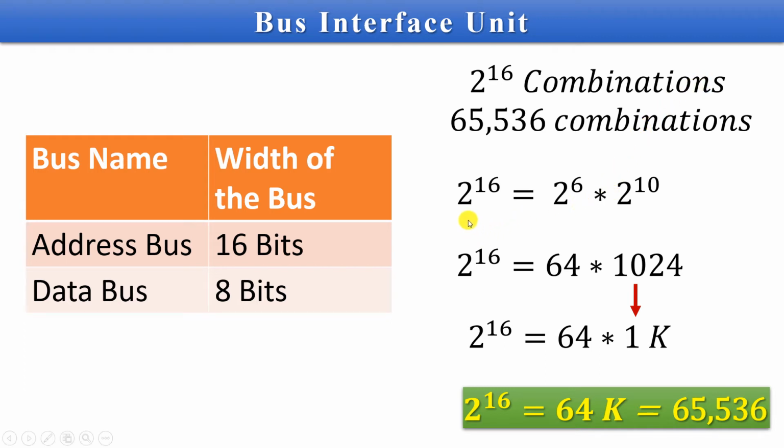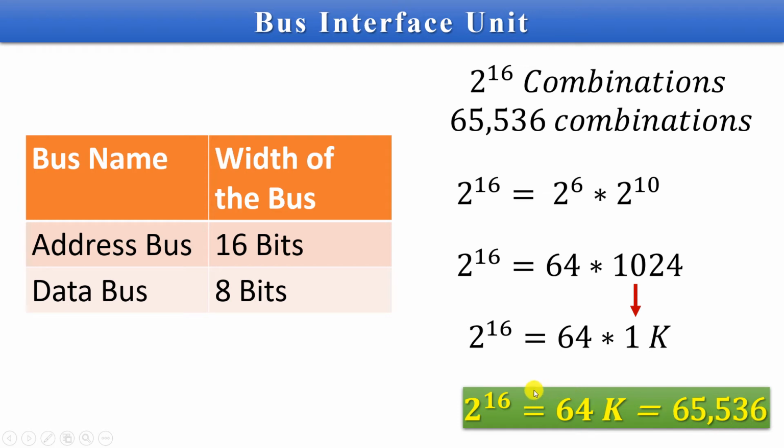We can write it as 2 raised to 6 multiplied by 2 raised to 10. 2 raised to 6 is 64, and 2 raised to 10 is 1024, which is represented by 1K, and therefore you have 64K of memory addresses which can be generated by 16 address lines, and that figure comes out to be